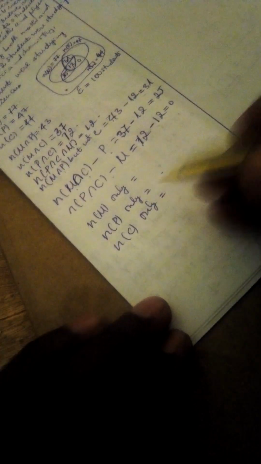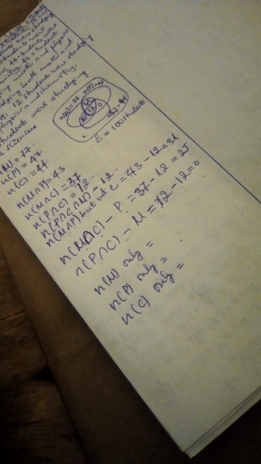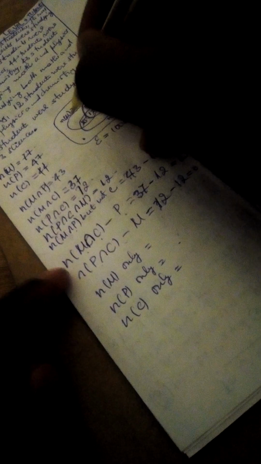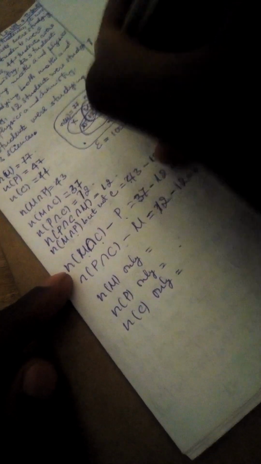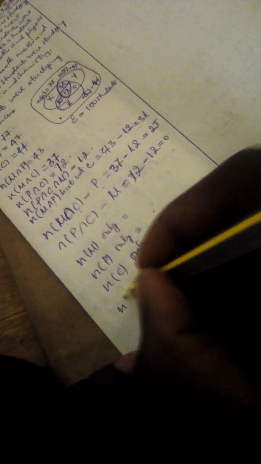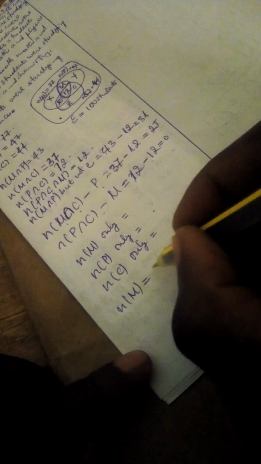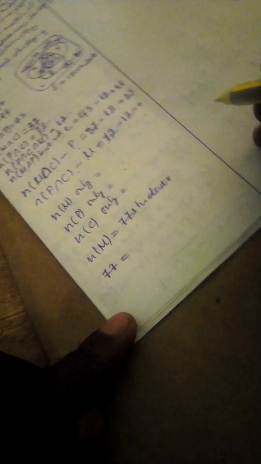From this, let us denote the number of students who attend mathematics only by X, physics only by Y, and chemistry only by Z. So the cardinal number of M equals 77 students. So it means 77 students is equal to X